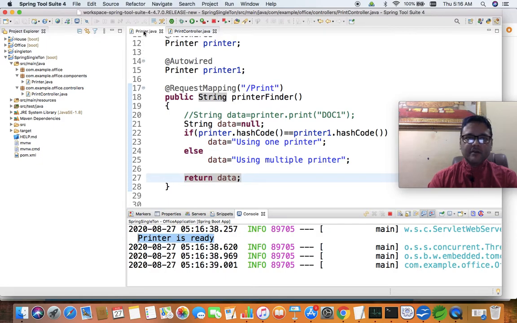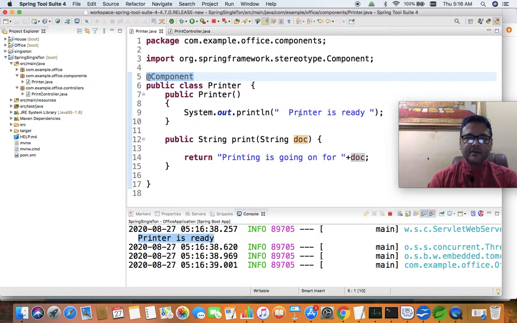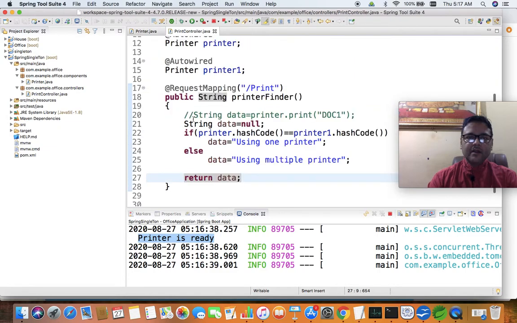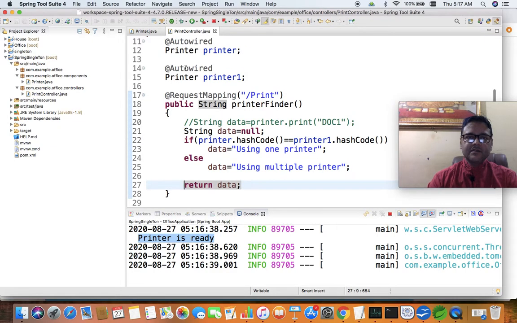Let us have a look at the constructor again. This line, printer is ready, is from this printer class constructor, and whenever I am using this Autowired, it does not matter how many times I am using it, it is always going to use one object.